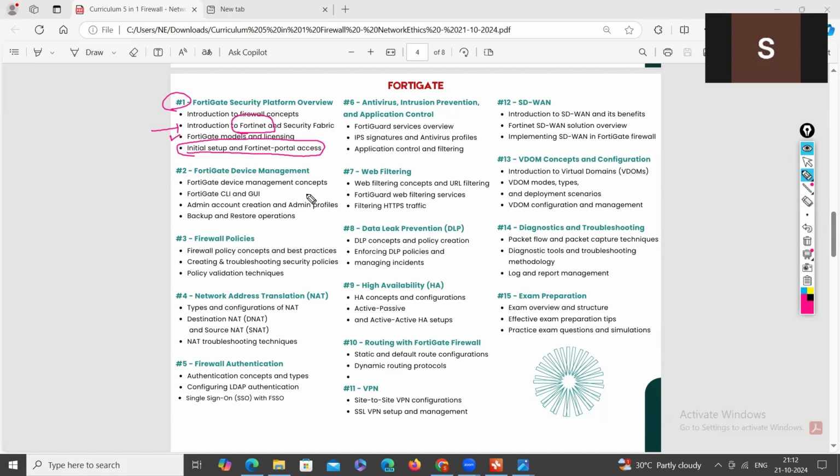And then after accessing your FortiGate firewall the very first time, before deploying it into the live production network, what are all the activities we need to do on your FortiGate firewall? How to register your FortiGate firewall to the Fortinet tag account for the future? Any support you need from Fortinet customer care, how to raise a ticket to get support,